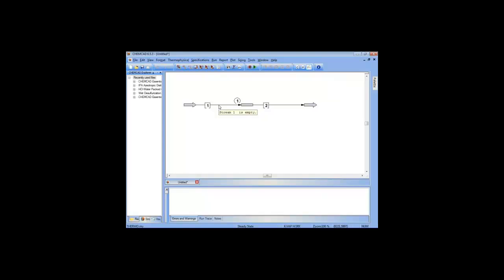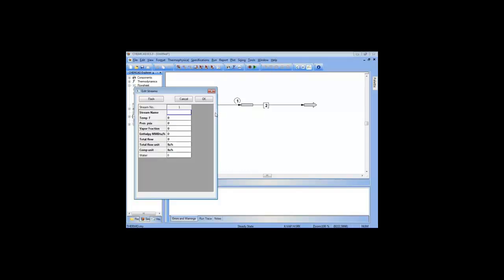So now we have our component set and our flow sheet drawn. We just need to specify our stream. Let's say there's 100-degree water, 50 pounds. I'm going to want 500 gallons per minute. To get 500 gallons per minute, we can change this to weight fraction 1. If the component unit is a dimensionless number,